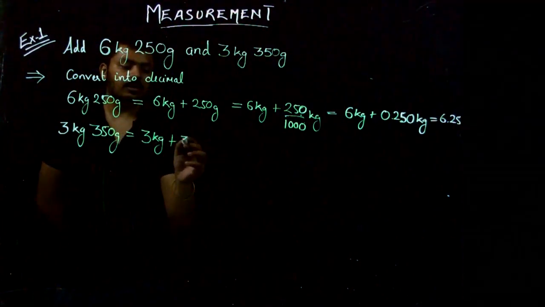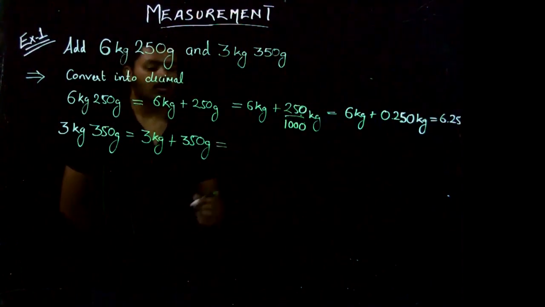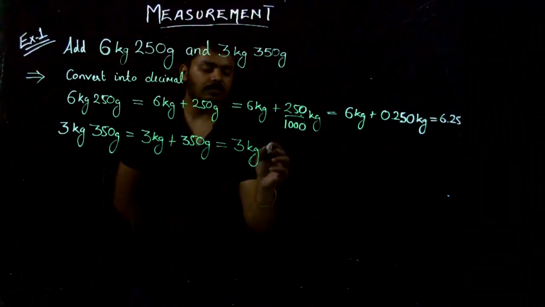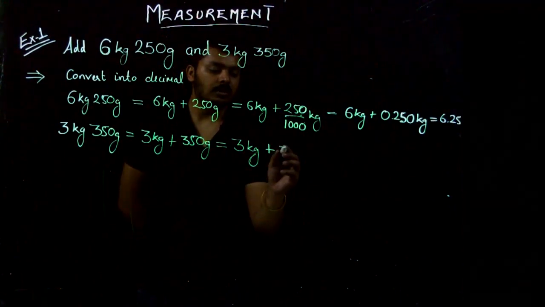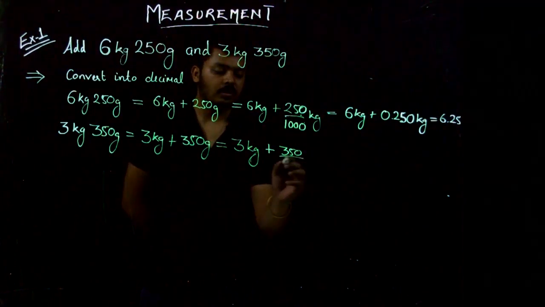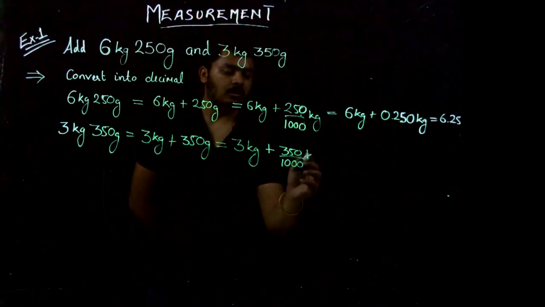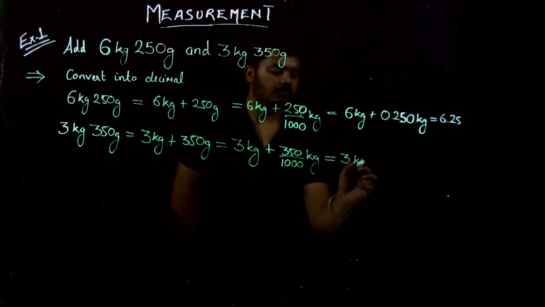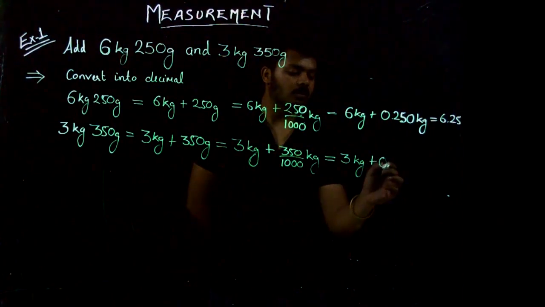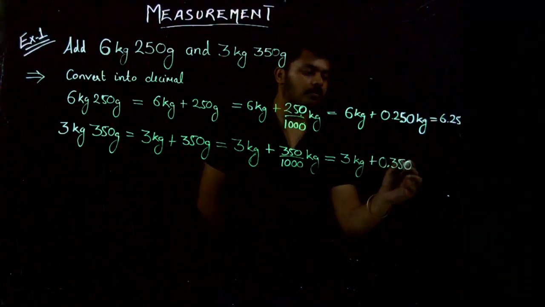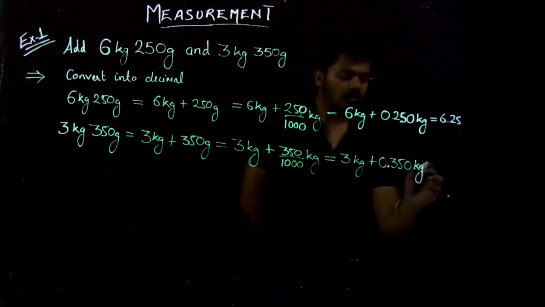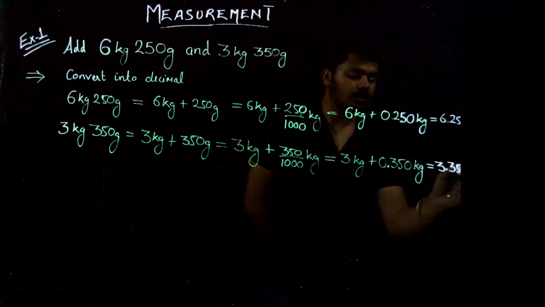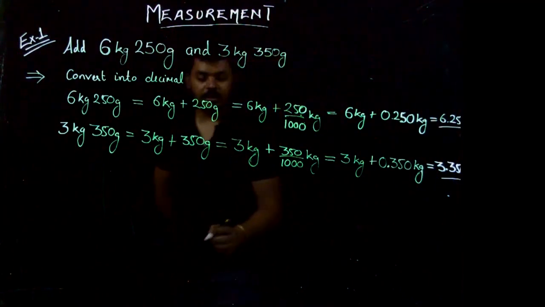Similarly, 3 kg and 350 grams can be written as 3 kg plus 350 grams. Now converting 350 grams into kilograms. To convert, we divide it by 1000, 350 upon 1000 kilogram, which is equal to 3 kilogram plus 0.350 kilogram, which is equal to 3.350 kg. Now adding both of them,